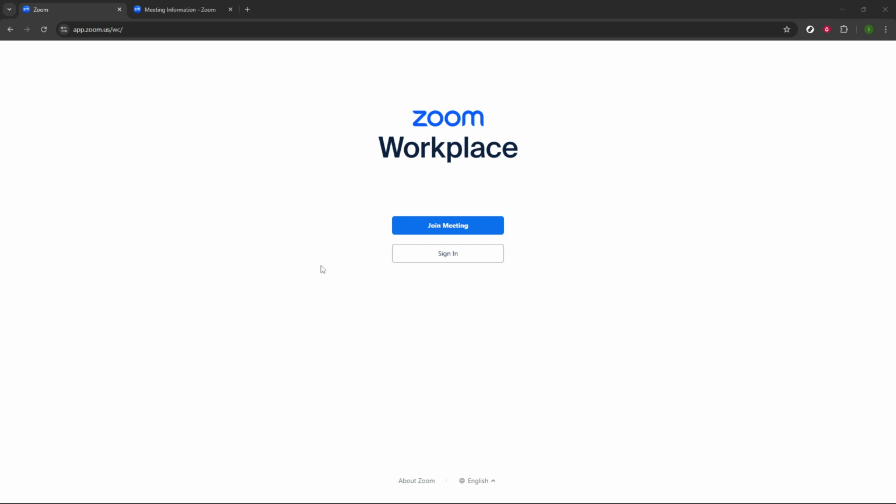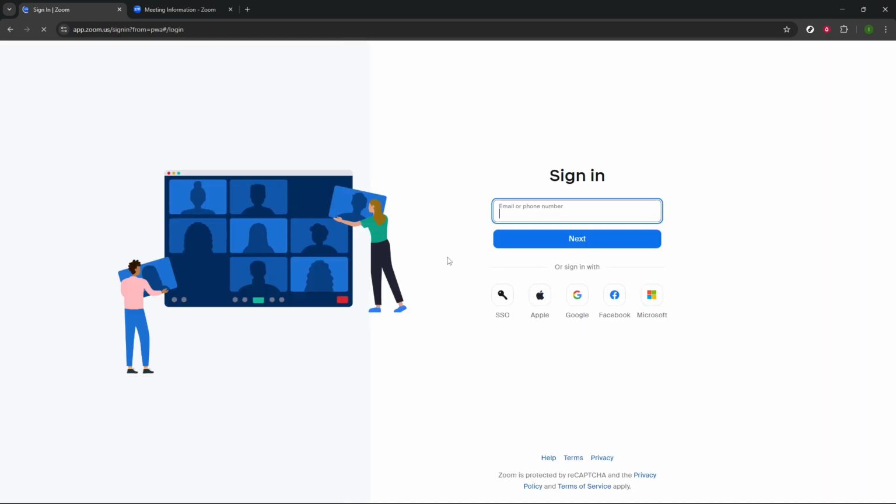First, start by navigating to the Zoom website. You can do this by opening your preferred web browser and typing zoom.us into the address bar. Once you're on the Zoom homepage, you'll see a sign-in option at the top right corner. Click on this Sign In button to proceed. If you don't have a Zoom account yet, you'll need to create one, but assuming you do, let's move on